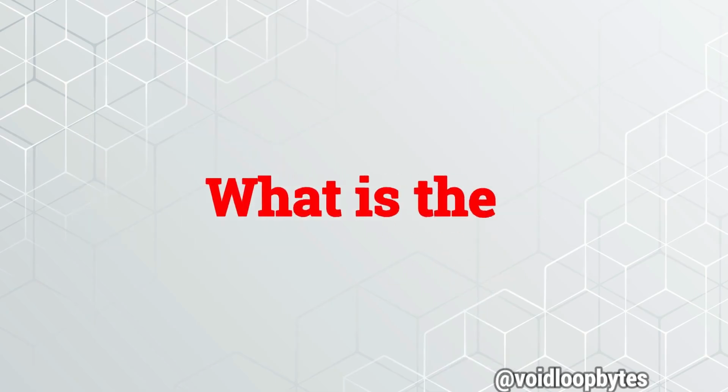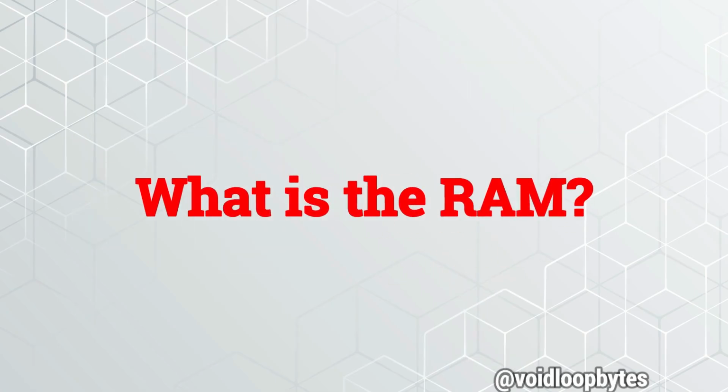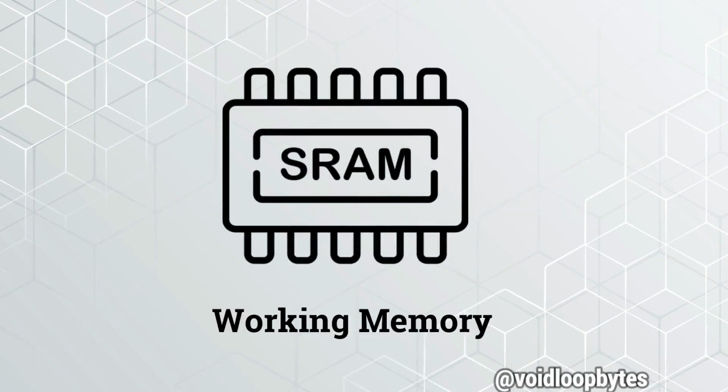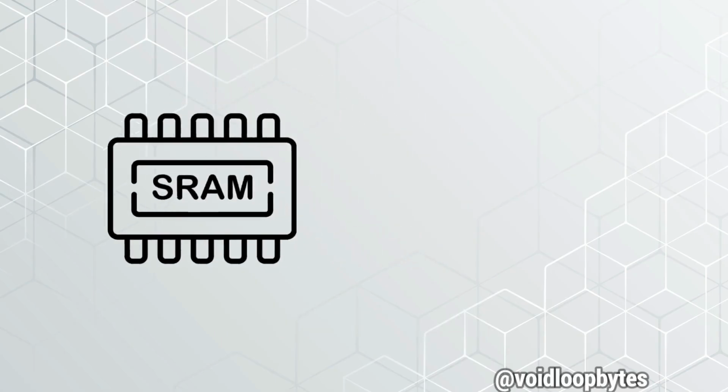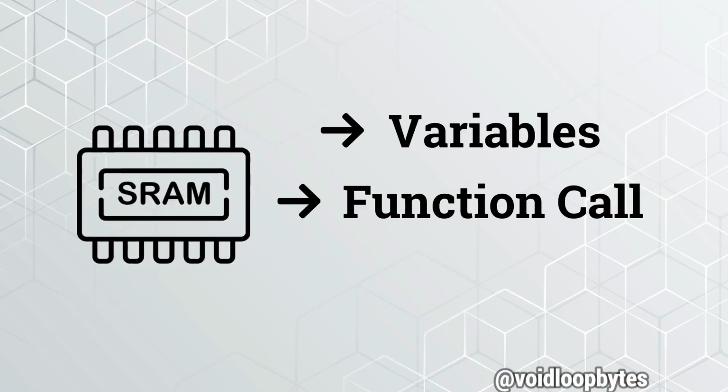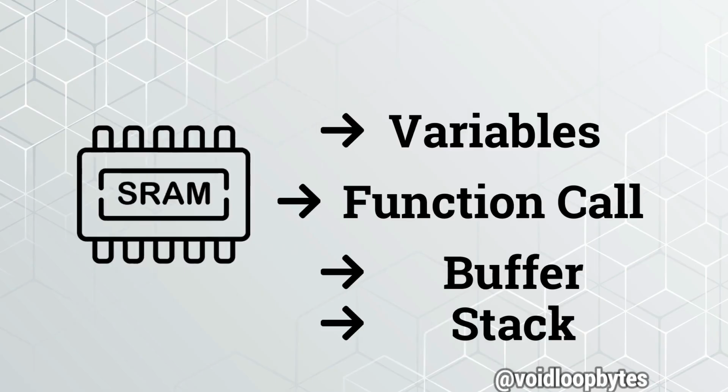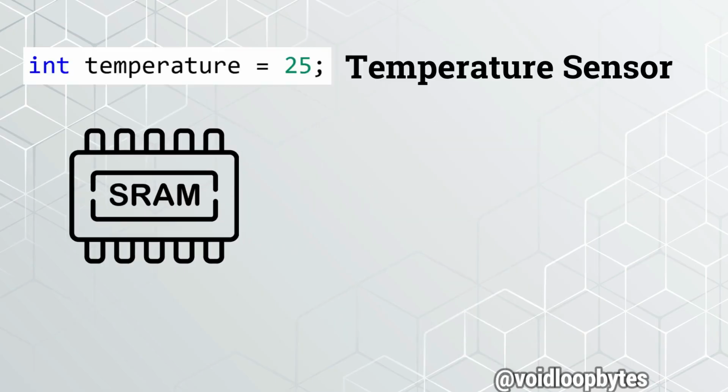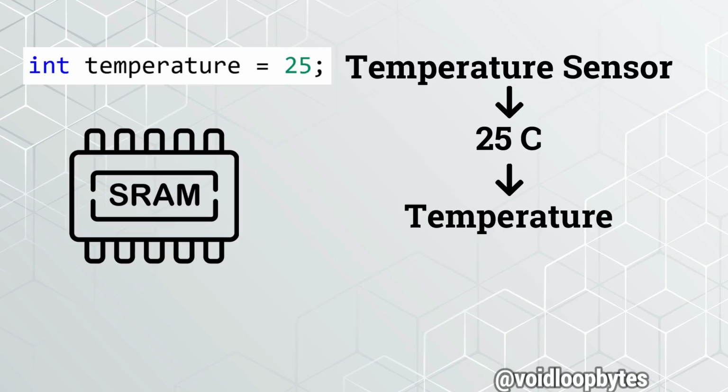What is RAM? RAM, or Random Access Memory, is the microcontroller's working memory. It temporarily stores the data your program needs while it is running, such as variables, function calls, buffers, and the stack. For example, if your program reads a temperature sensor and stores the value in a variable, that variable is stored in RAM. Every calculation, every function call, and every temporary piece of data uses RAM while your program